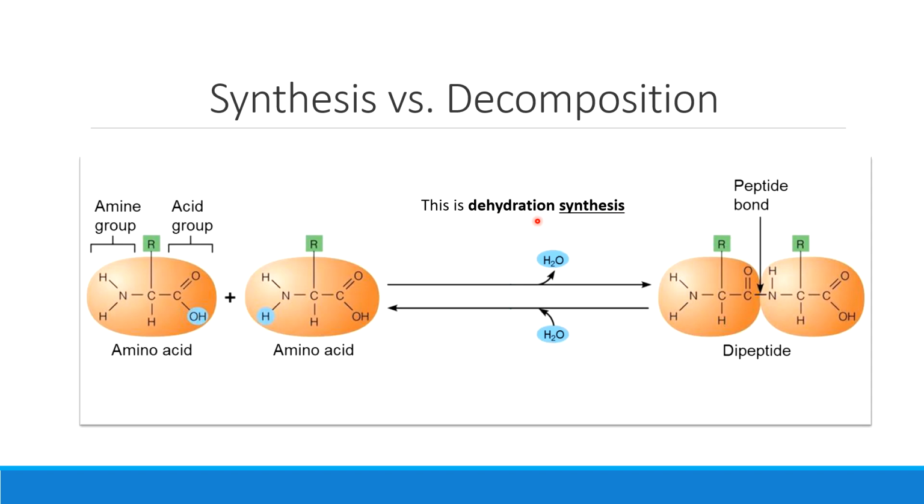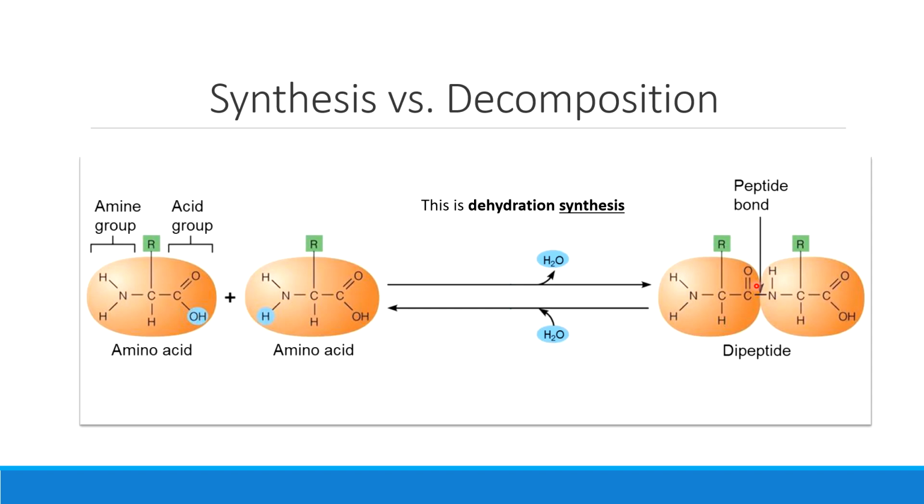We call it a dehydration synthesis reaction because what we do to connect these two amino acids is we steal a molecule of water. Now, technically, it's not water as we pull it off, we turn it into water. So we take an OH from one amino acid, we take an H from another, put them together, get H2O,